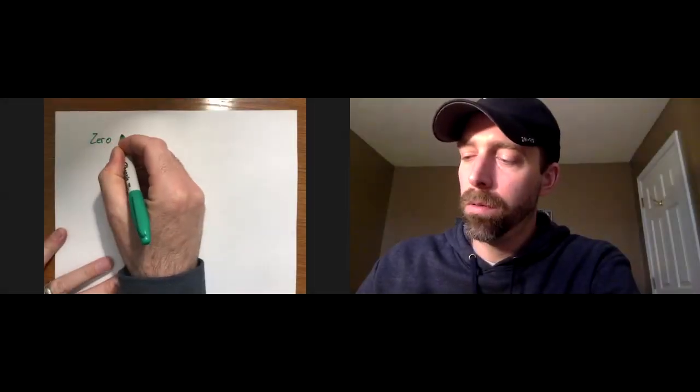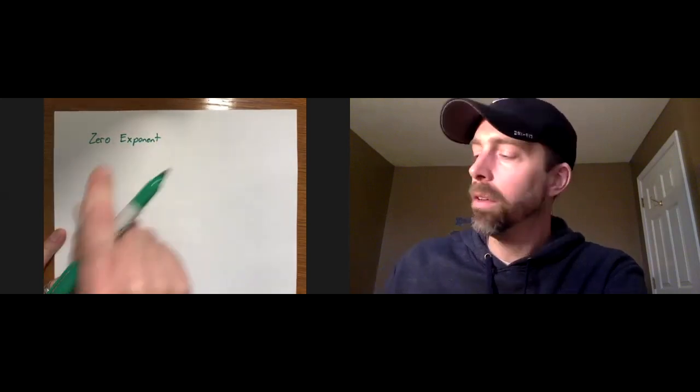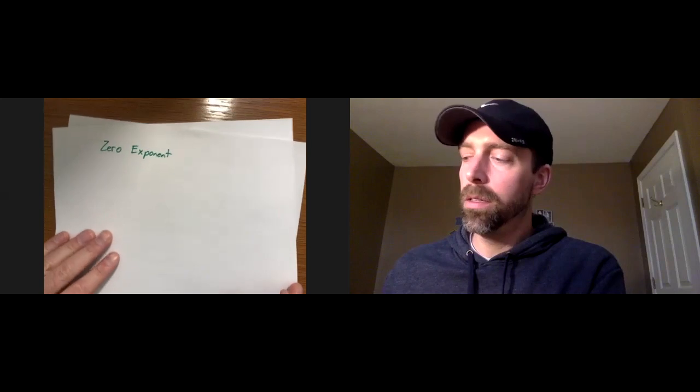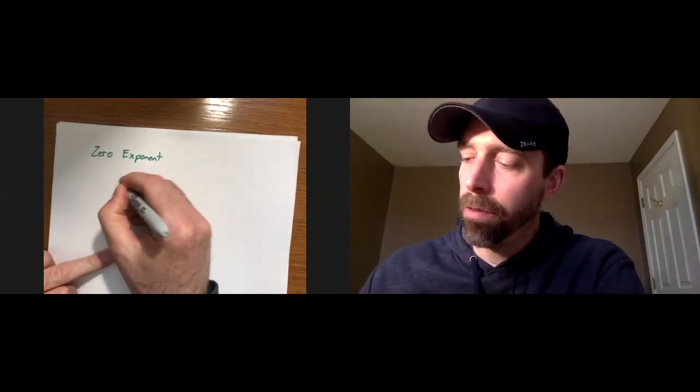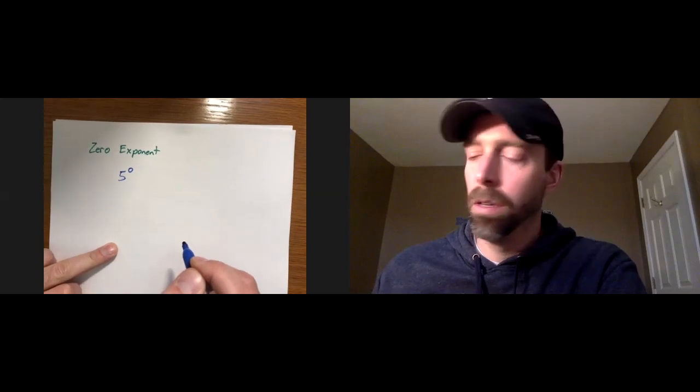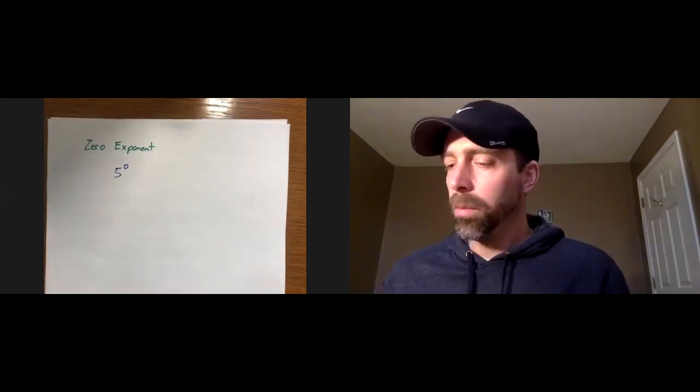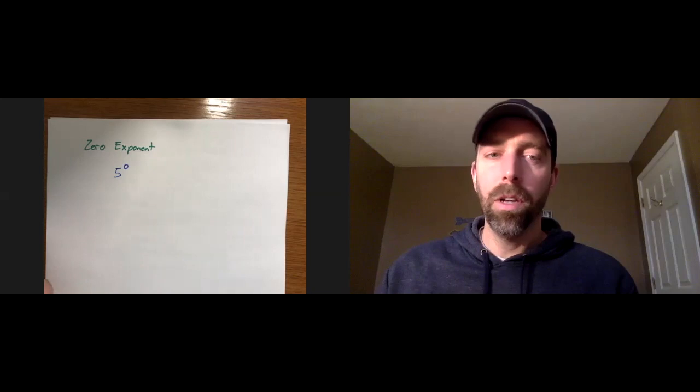0 exponents. So that means the exponent, the small number, is going to be a 0. So let's just take a look at what that would look like. For instance, let's say I have the number 5 raised to the 0 power. If we think about that for a second, that's a little bit weird because 5 raised to the 0